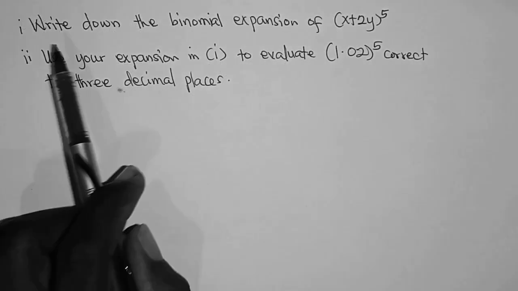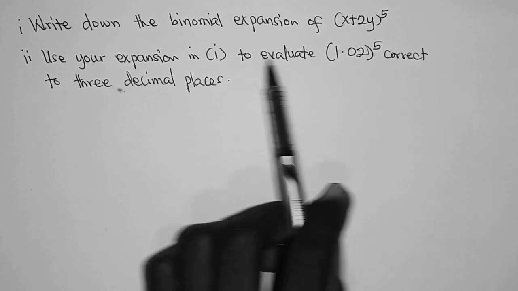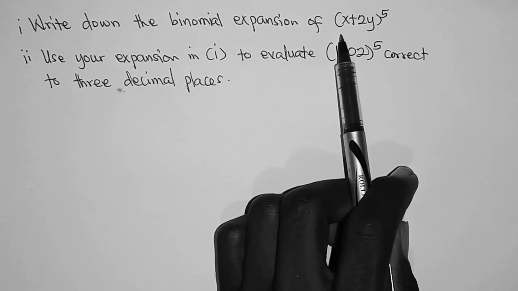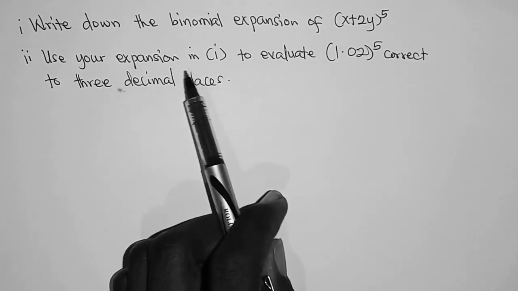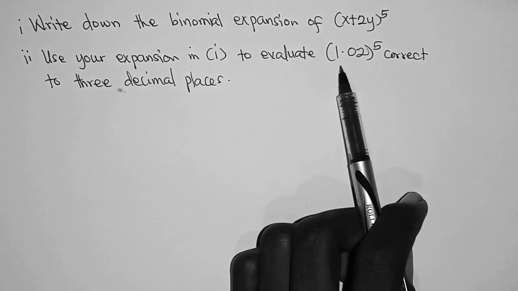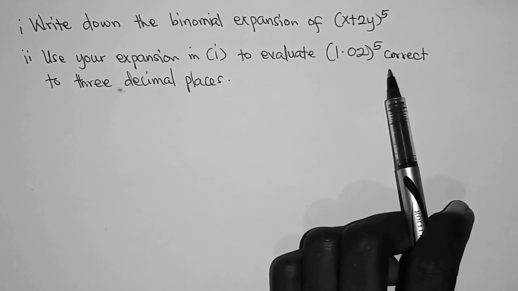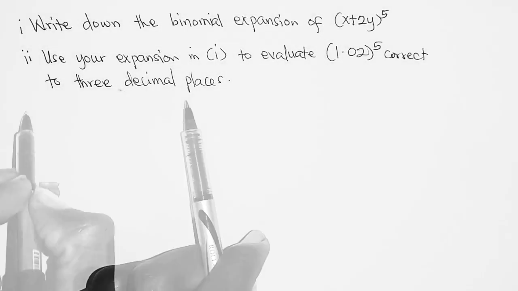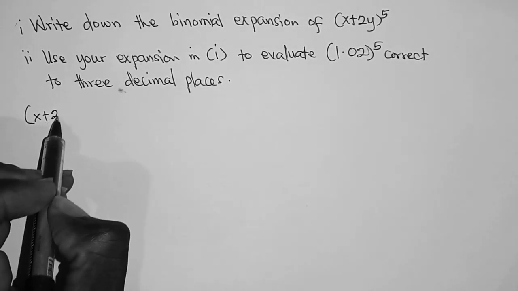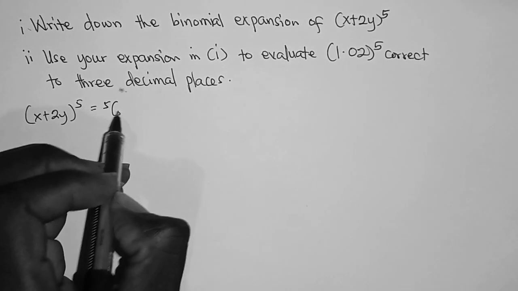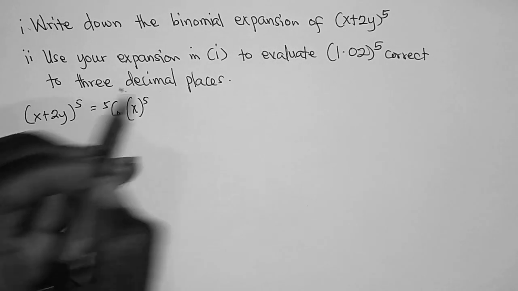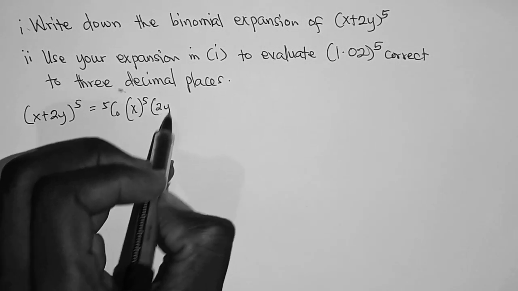1159. Write down the binomial expansion of (x + 2y)^5. And the second part is use your expansion in (i) to evaluate (1.02)^5 correct to 3 decimal places. (x + 2y)^5 is equal to 5 combination 0 x exponent 5 then times (2y) exponent